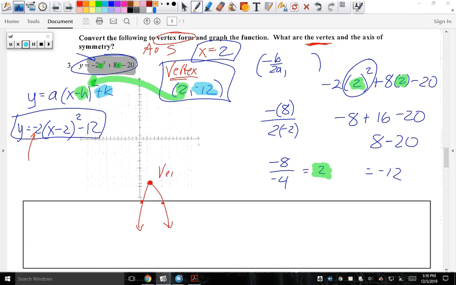Labeling it, the vertex, you would just label that with the points. Labeling the axis of symmetry with a dashed line, you'd get x is equal to 2. Any questions from everything that we